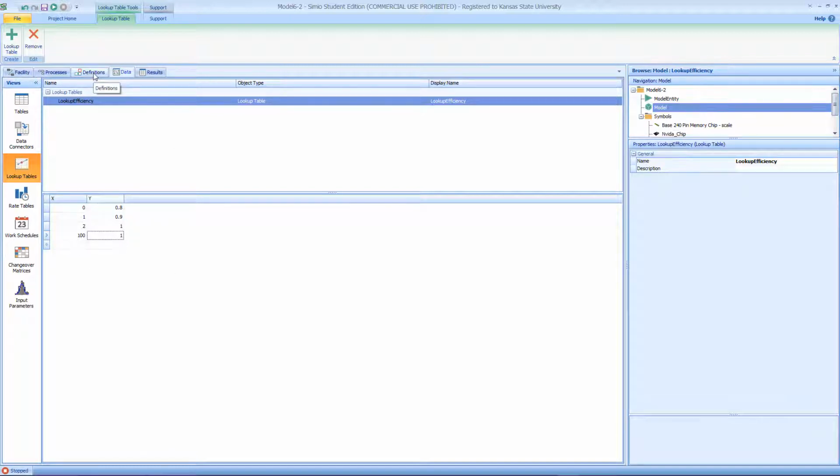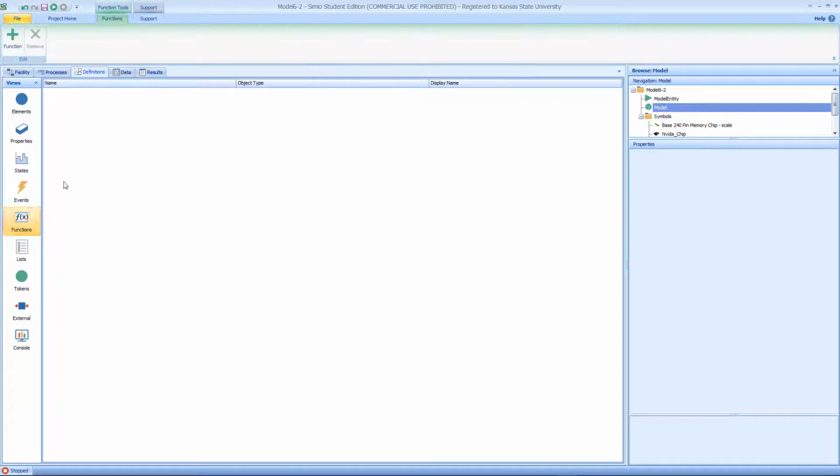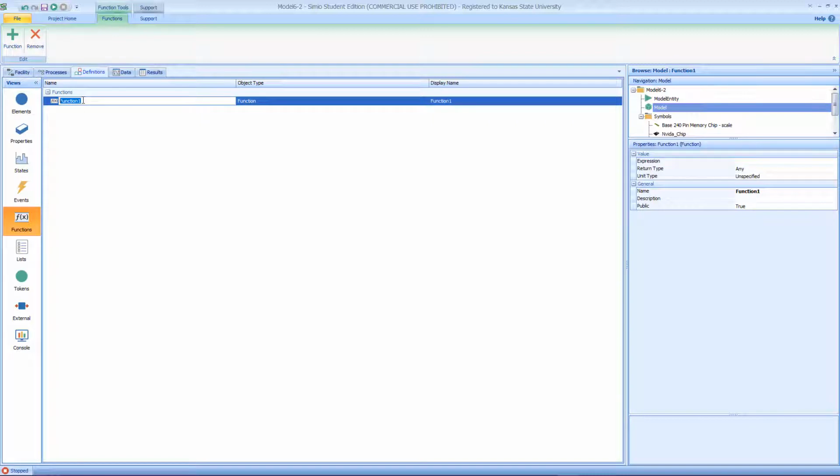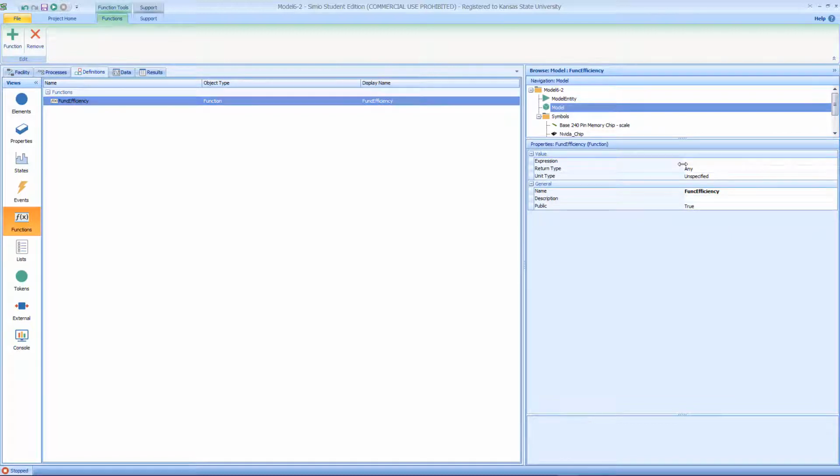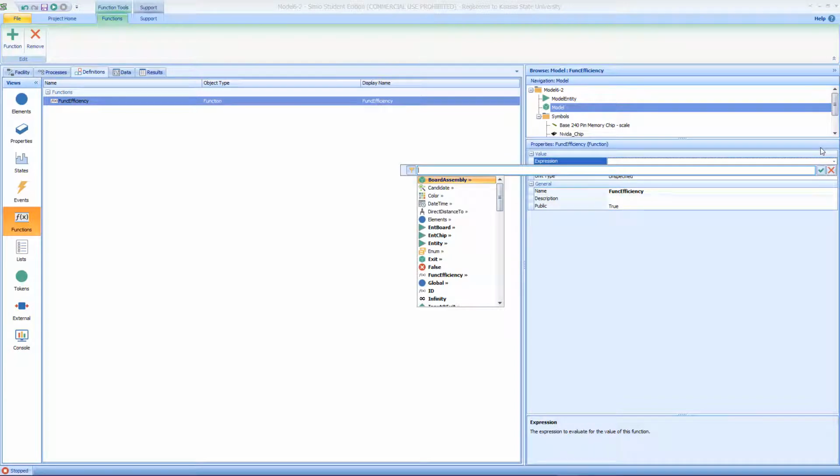But how do we use this lookup table? We're going to use a function definition. Click on the definition tab, and then we go to the function. I'm going to add a function called efficiency, for example. And this function efficiency, we're going to rely on this process. So I'm going to use lookup